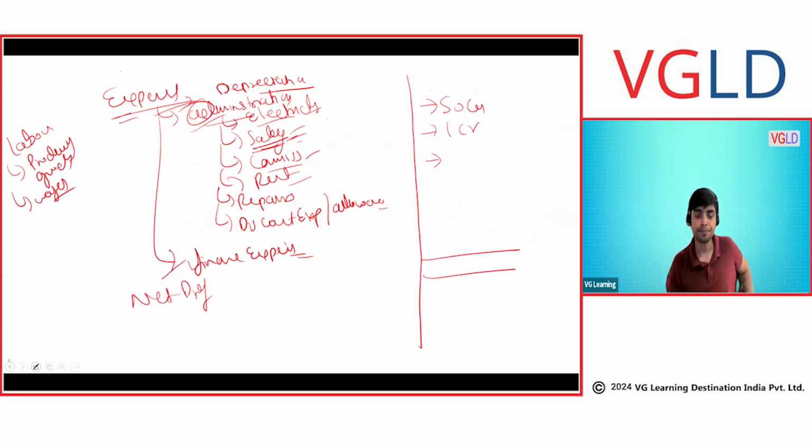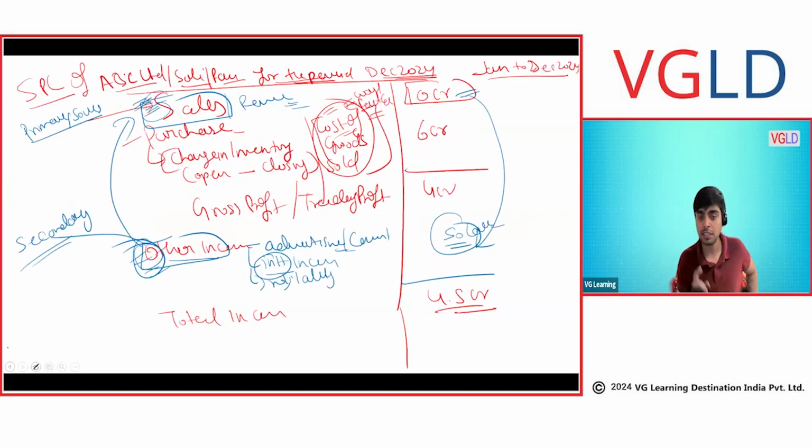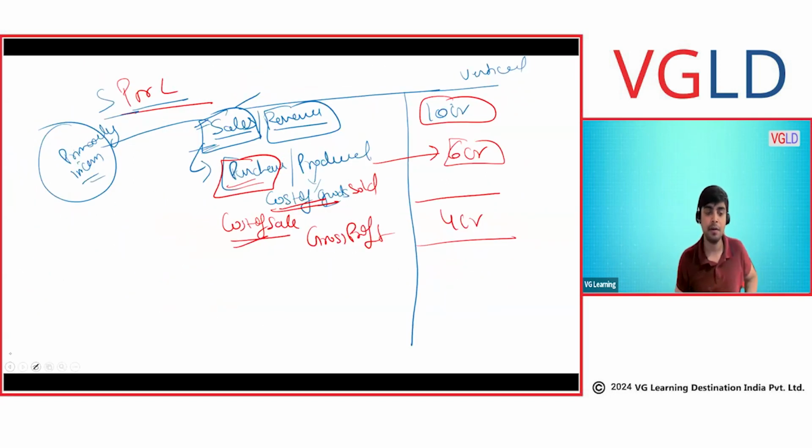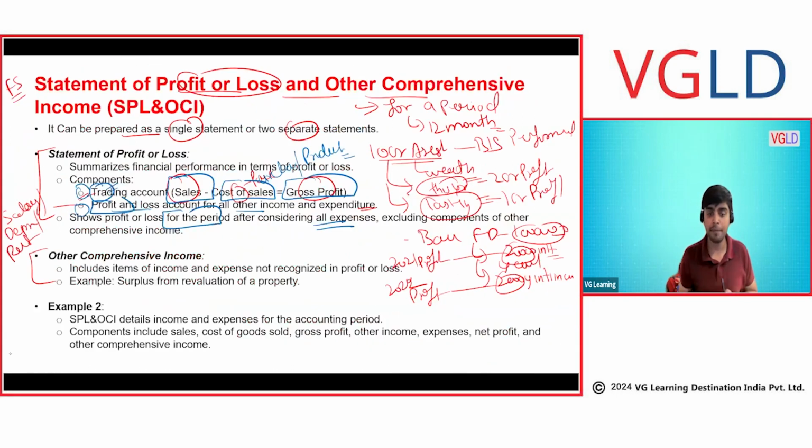Clear? So this is your statement of profit and loss. Let's understand the other comprehensive income. Now, before we understand, should we take a break for 5 minutes? Oh, okay, we are already at 12:30, so we'll have a 10 minutes break. We'll understand the other comprehensive income, then we'll move on to the cash flow statement. And I hope we are able to understand. I hope my pacing is good. You are making sense of it, right?